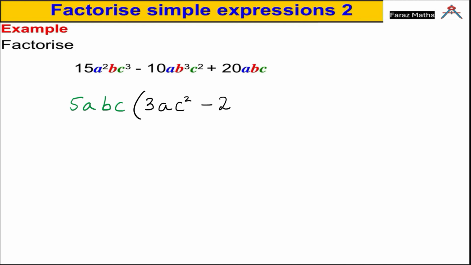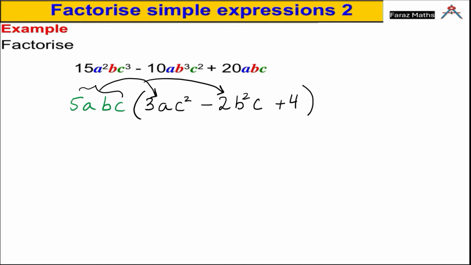Then minus 2, because 5 times minus 2 is minus 10. A power 1 is already outside, and here it is b cube. So b power 1 is already outside, so b square will be left inside the bracket. From c square, c power 1 is already outside, so c power 1 is left inside the bracket. Then 5 times 4 is 20, and here complete ABC is already outside, so then we have to close the bracket. Now you can double check it.